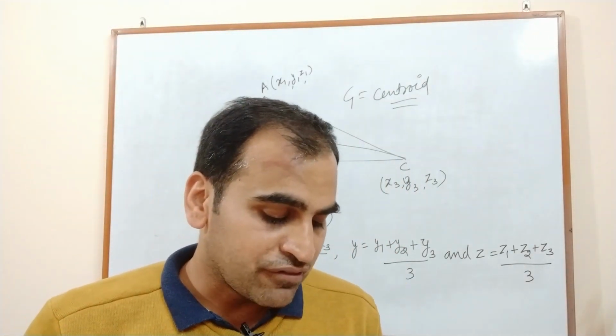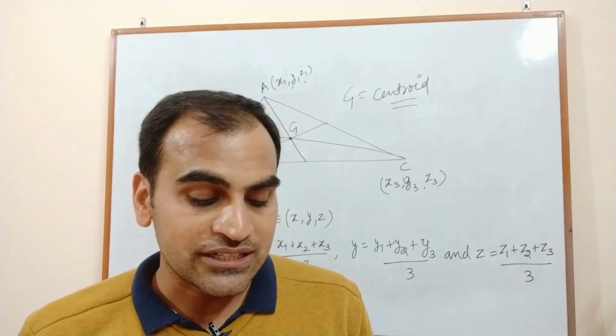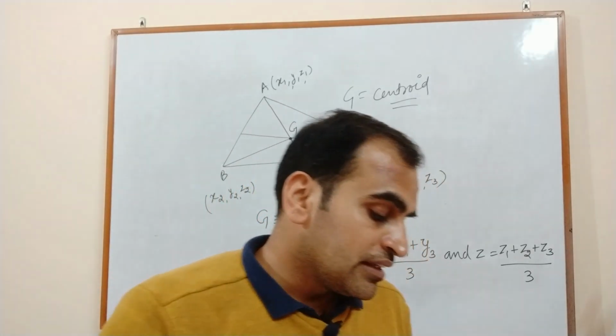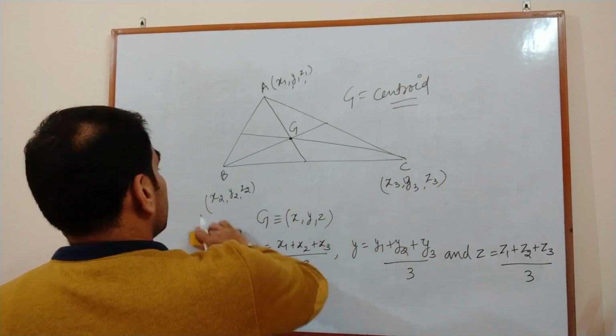Okay. So next exercise, that is 12.3, is based on the section formula and the centroid. So the first question, find the coordinate of the point which divides the line segment joining the points this and this into a ratio 2:3 internally and 2:3 externally that we can use. Okay. So in section formula,